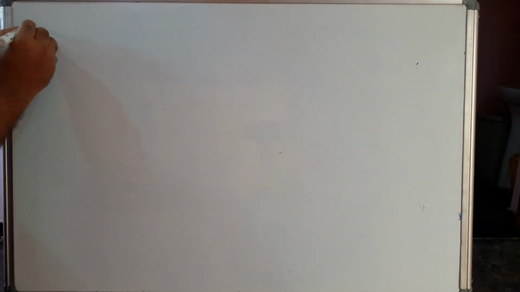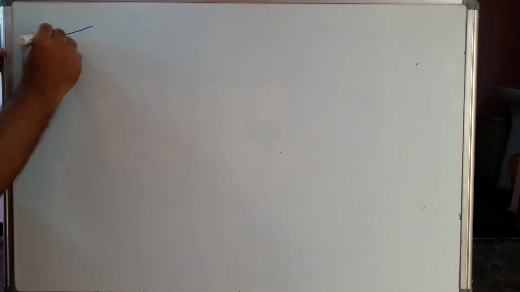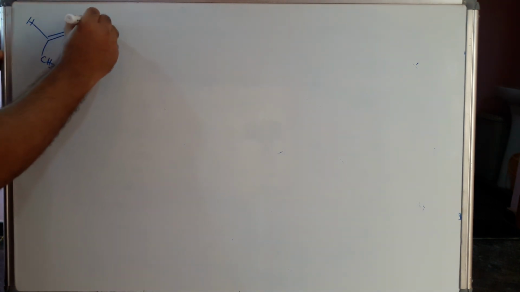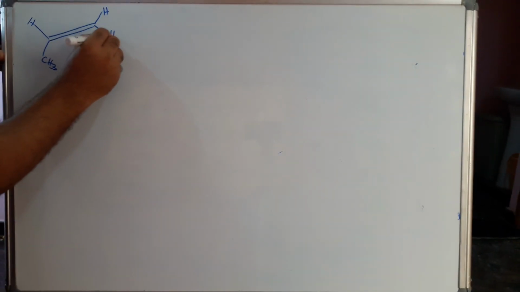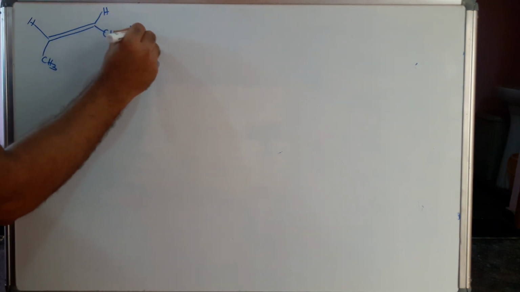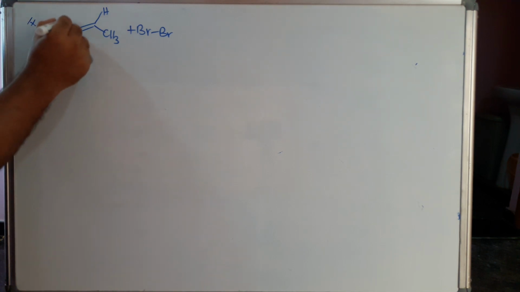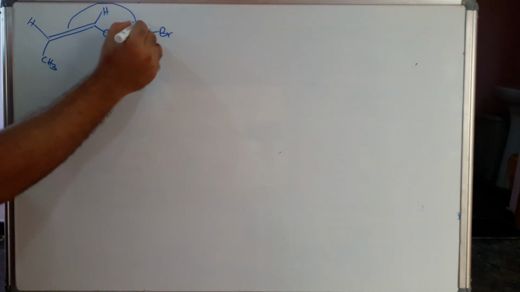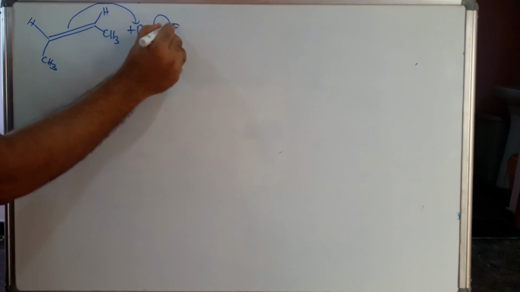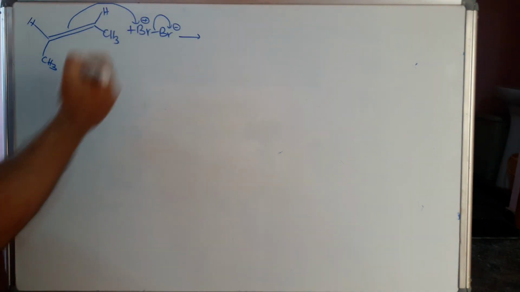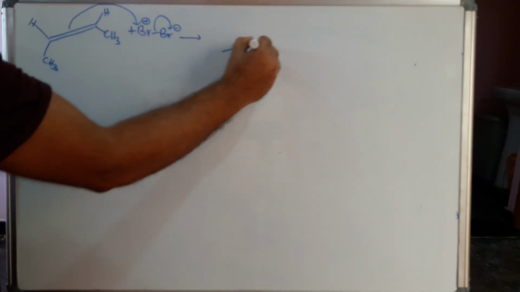In that double bond, this will be the hydrogen, this will be the CH3, this is hydrogen, this is CH3. For this, if you take bromine, that is Br2, then this pi bond will take the Br minus, Br plus, because when this bond moves, it is negative charge, this is positive charge. So this pi bond nucleophile will take this positive charge,